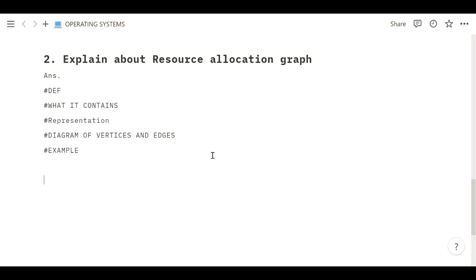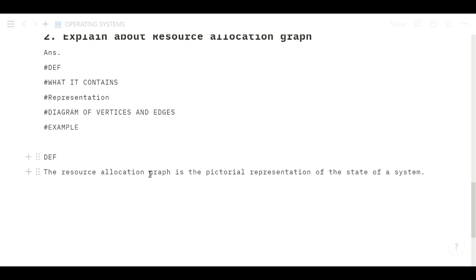In this video, we will be learning about resource allocation graph. So here we have to keep 5 things in mind: definition, what it contains, representation, diagram of vertices and edges, and example. So coming to the definition, the resource allocation graph is a pictorial representation of the state of a